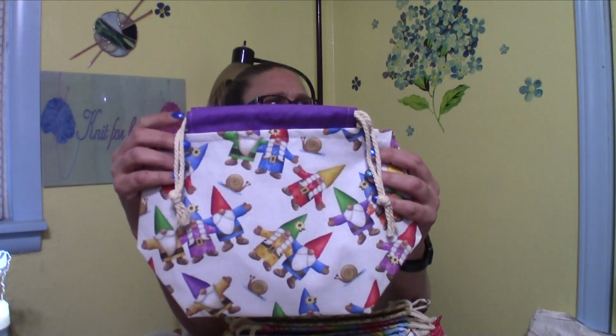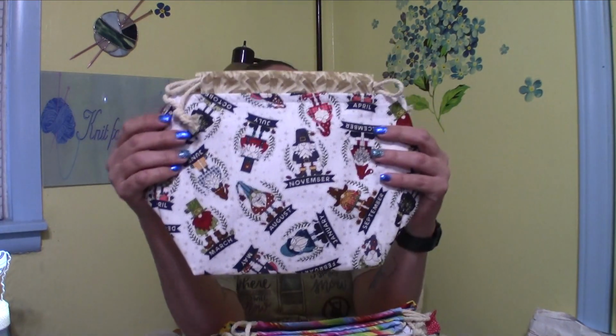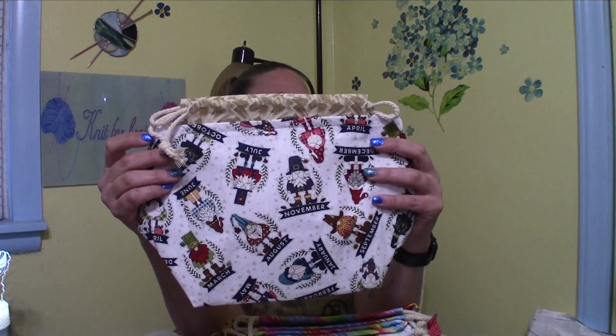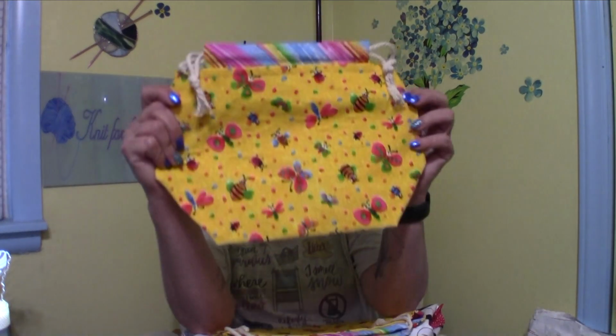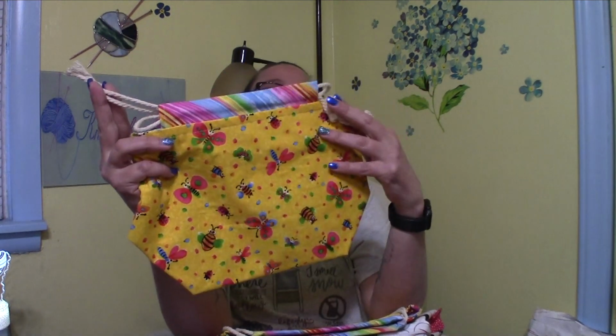Moving on to the medium drawstring bag, I have 1 of the gnomes with the purple at the top and inside. I have 1 of the calendar or monthly gnomes. I have 2 of the, I think I call them summer bugs. So 2 of those. And then for wire framed,